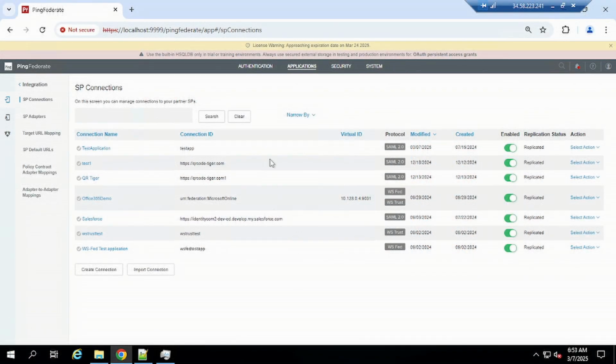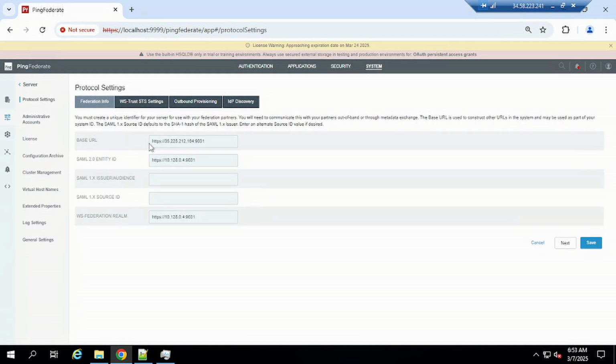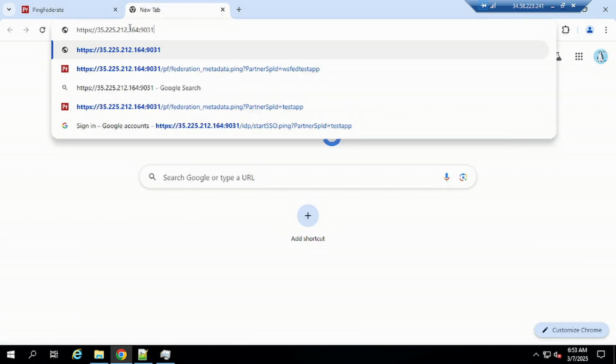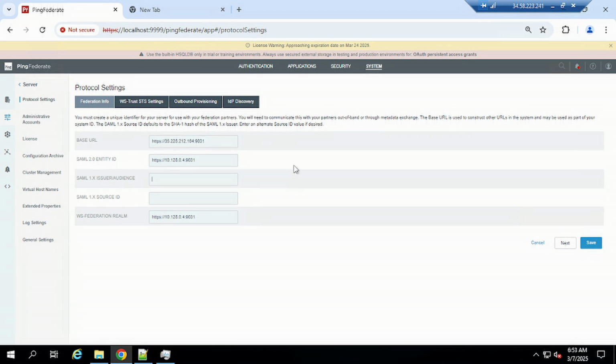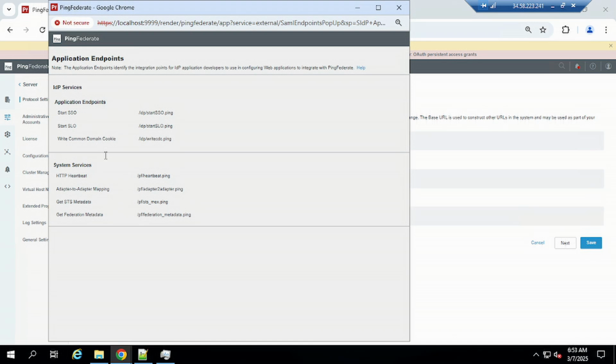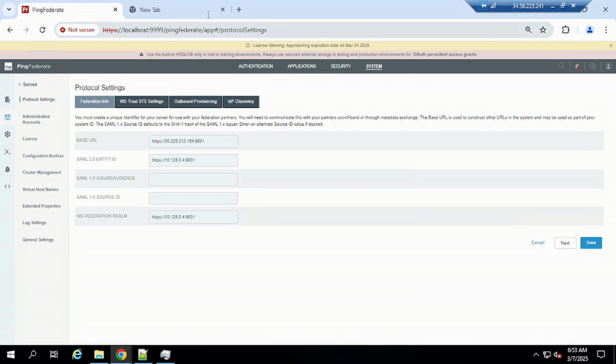Let's see how we can generate the IDP metadata URL, let's say for a SAML application or a WS-Fed application. First of all, we just need a base URL. So let's go to the server, get that base URL, and copy it here. Now you need the endpoint for the metadata address. Go to IDP application endpoints, and under system services you can see Get Federation Metadata. Just copy this address